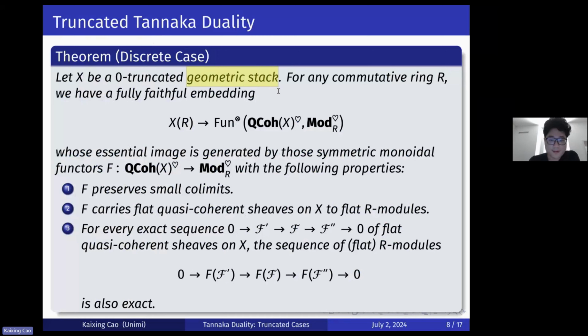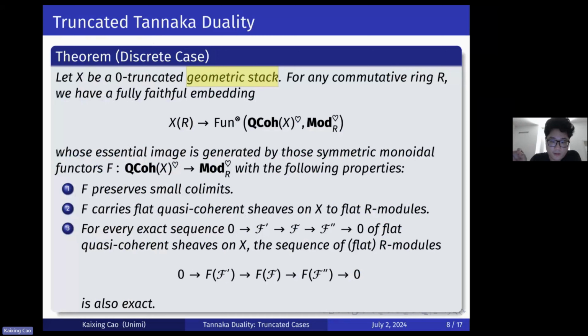For the geometric stacks, the Y-point of it is the same thing as the full subcategory of the functor category between the categories from X to Y, generated by those preserving the small colimits, connected objects,